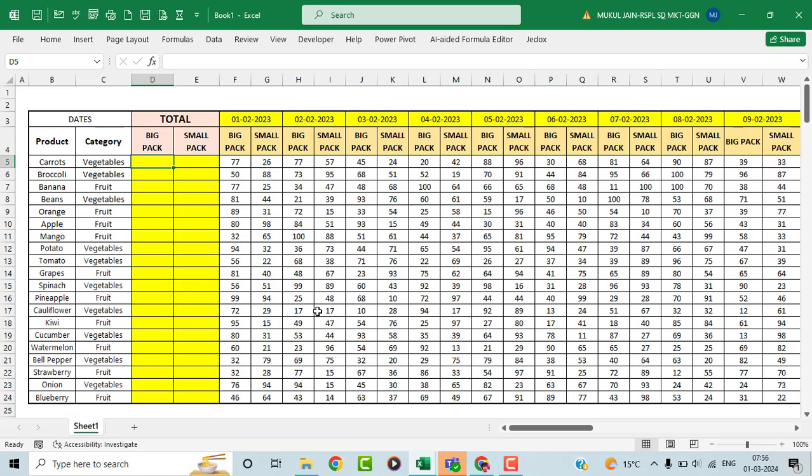Now what you have to do? Just put the formula SUMIF. And now you have to select a range. So what is the range? Range is SKUs. Okay. And then put a comma and give the criteria. So what is the criteria? The criteria is